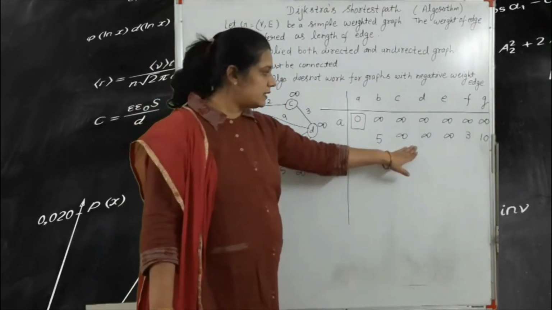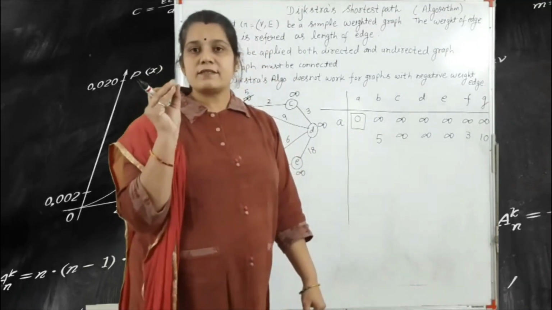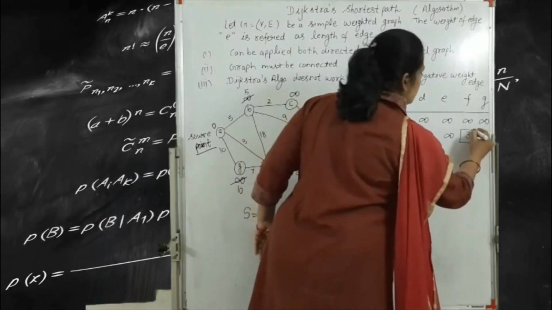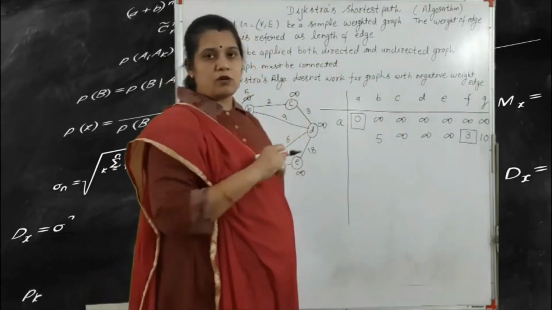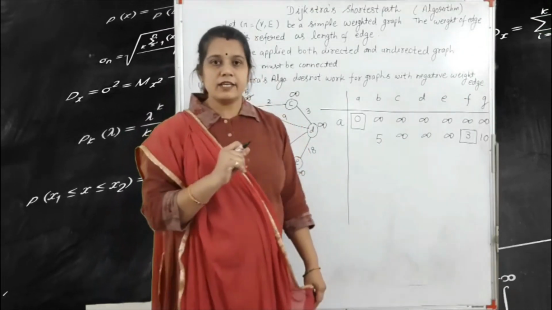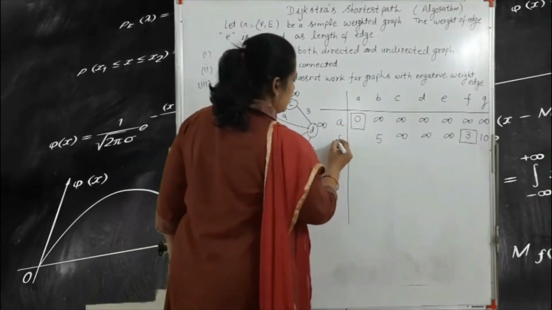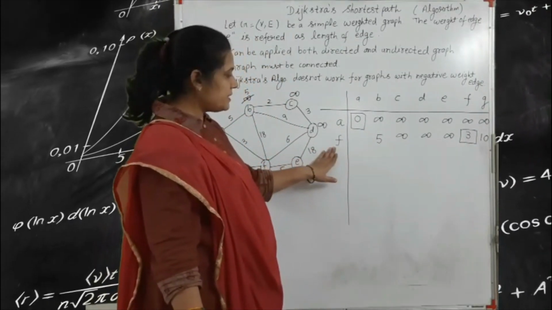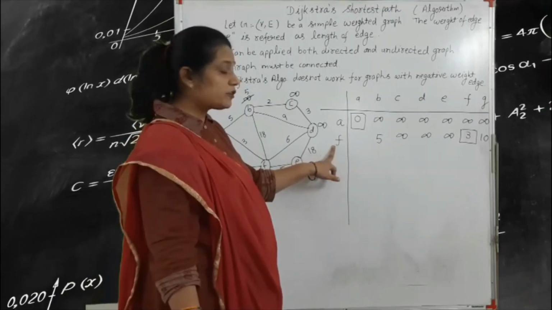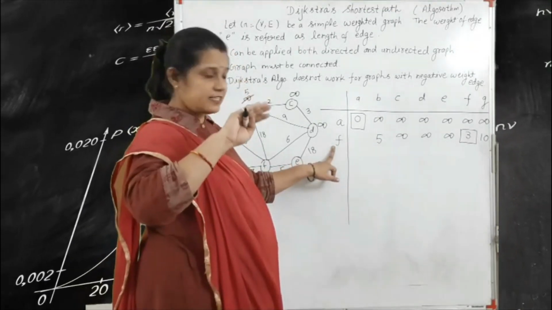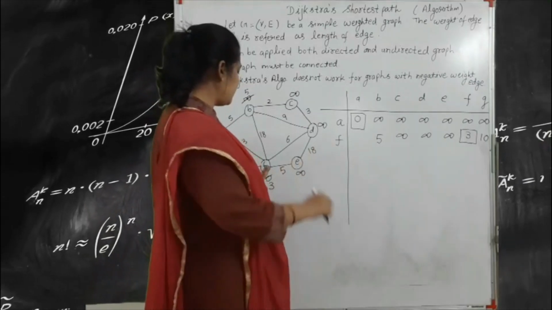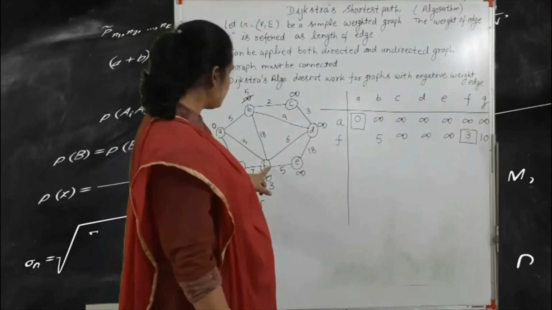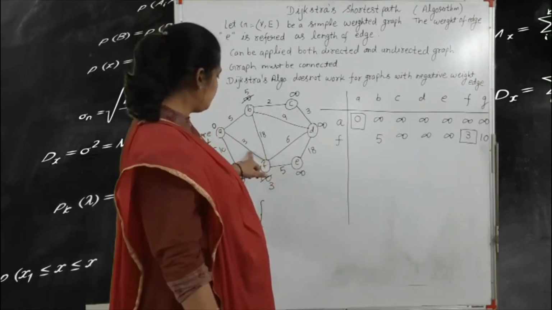Next step is what? Next step is again you find the smallest value. So what is the smallest value? The smallest value is 3. That means we draw here a block, and the block is connected to F. So here we write the F vertex. Next step is what? Next step is we count according to F the connected edges. So F is connected with 1, 2, 3, 4 and 5 edges. Got it? So here we write the F.